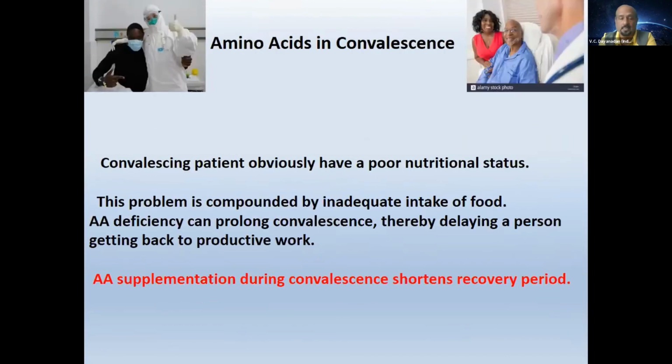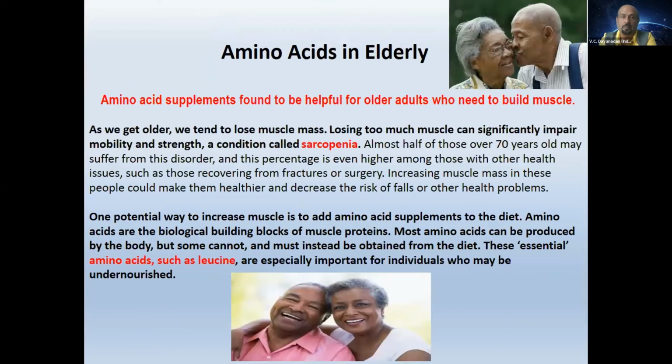And for convalescence, it helps faster recovery during the recovery phase. Those who are quarantined at home have a lot of challenge to come out of quarantine. For them, this supplement will be ideal, as it offers vitamin C, vitamin D3, and also zinc, 50 milligrams of elemental zinc, which is ideal to boost immunity, which we all talk about. For elderly people, it is very important as they are more vulnerable during the pandemic.